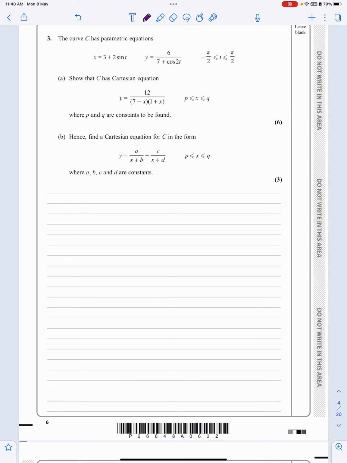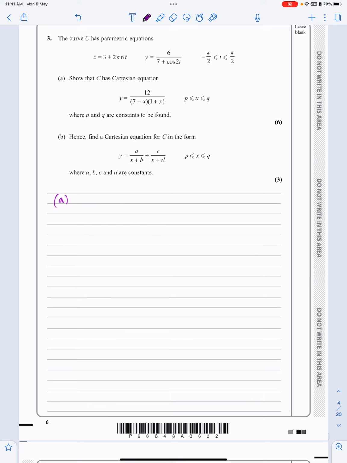Okay, this is P4 January 2022 question 3. As you can see, it starts off as a parametric equation, and it looks to me like that second part is going to be partial fractions by the looks of things, but let's make a start. It's going to be a long question. So we're starting off